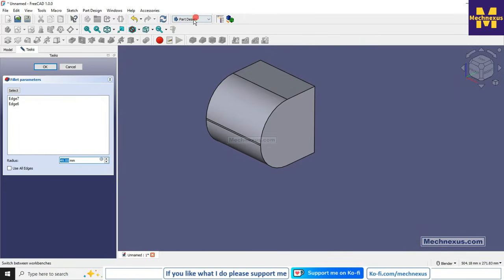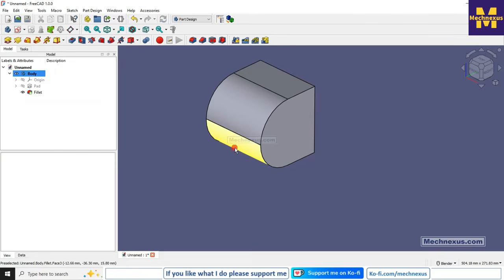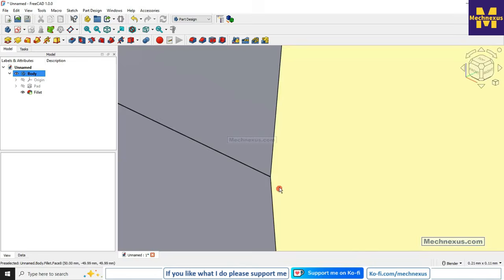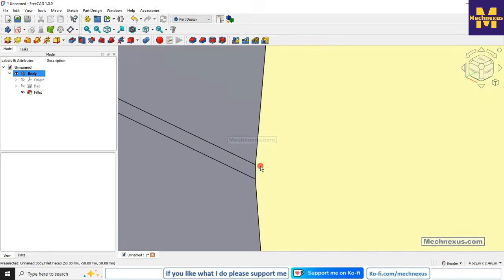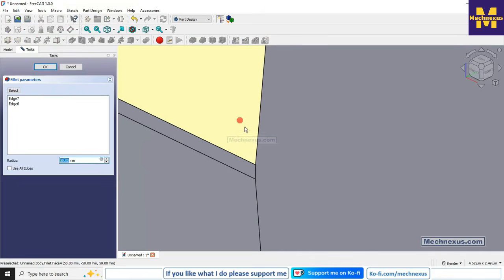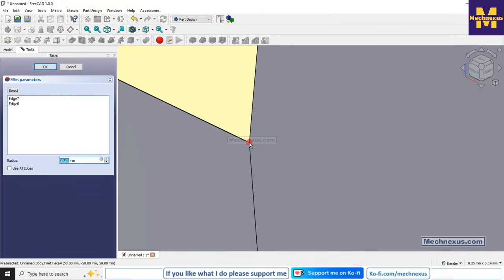So in the Part Design workbench, if you want to give a fillet of 50 mm, then make it 49.9999. So it takes up to 4 precision, and say okay. And now if we zoom in, we can see these two edges are not merging here. You can see that there is still a gap. So that is the one drawback with the Part Design workbench, but I am fine with the 4-digit precision